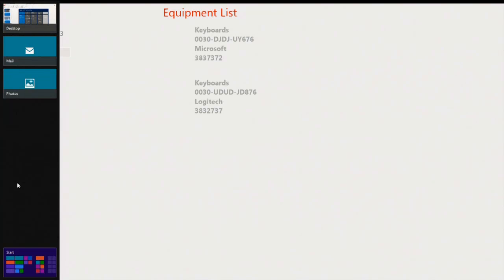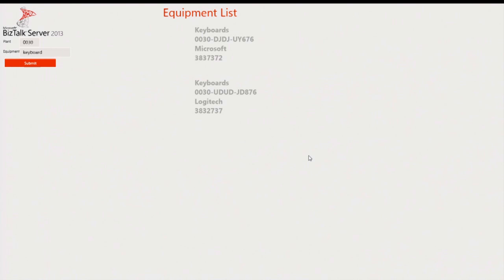So I'll show you how we do that. Let's say, can you just order a new keyboard. Yeah, just add a new row, new data. I'm just going to add a new keyboard. You already have one Logitech.